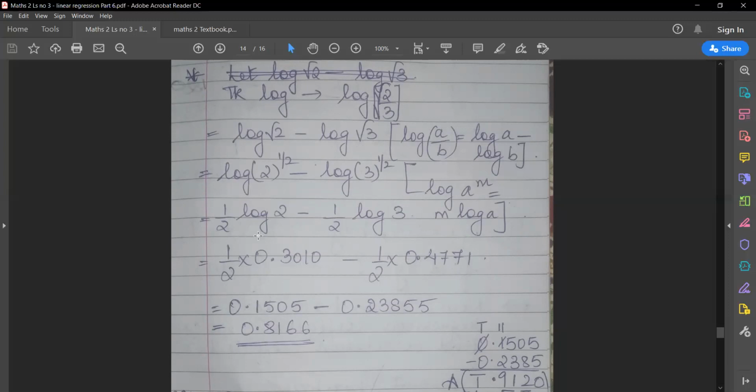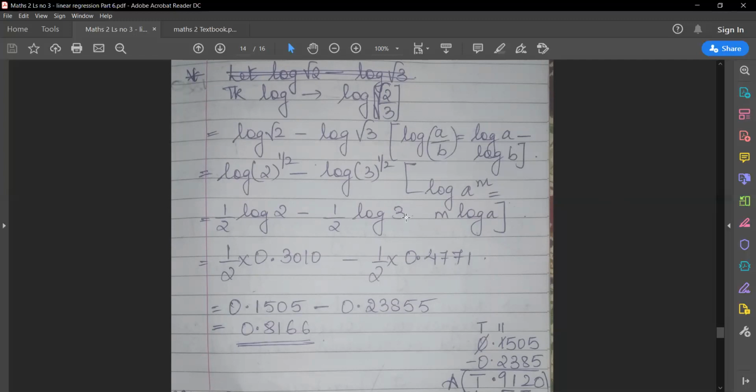Okay. Now how to see log? What was the logic? 2, 1, 1. We need 4 digits, but we are having only a single digit. So I told you, class, you can add zeros. So in the log table, you will see 20 under the column 0. So you'll get the value 3010.